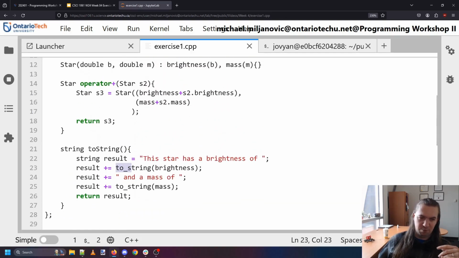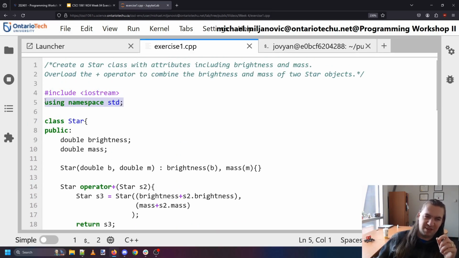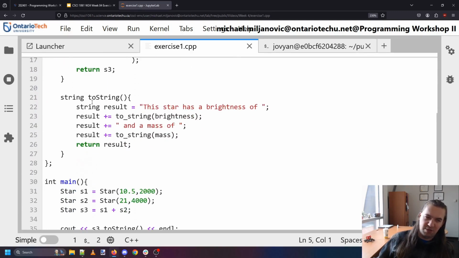The other issue I had was that I had originally called this method toString with an underscore and a lowercase s. There already is a toString method in the standard library, and now the computer's kind of annoyed because I did say using namespace std, but that's further away than the toString method I literally started writing right here. So to avoid any kind of overlap between these methods, we'll use a capital S toString here to represent a toString method that belongs to my star, and to_string to refer to the built-in C++ method that converts this double